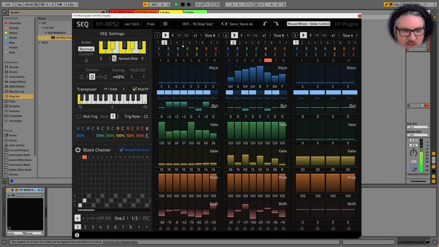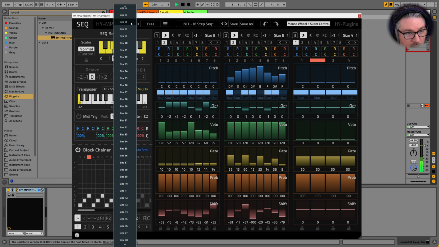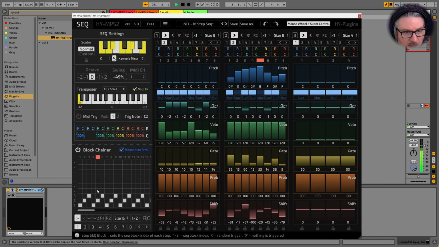Now, how does this work? So it's just for this specific sequence, right? Let's set the size to, I don't know, 8. Actually, let's set the size to 16. All right, we don't want 3 though. Let's do it like this.